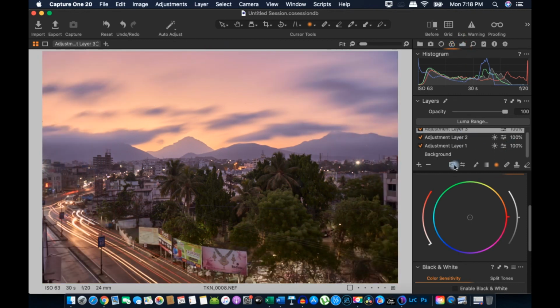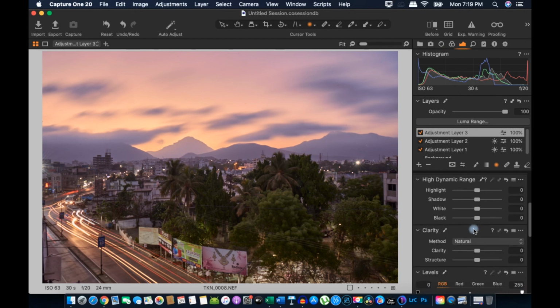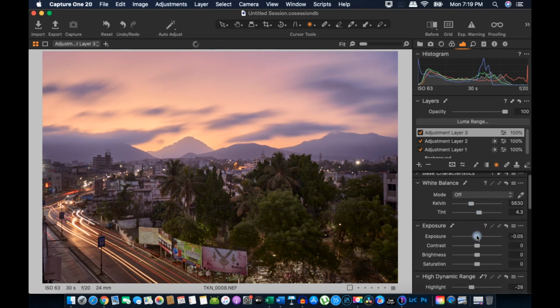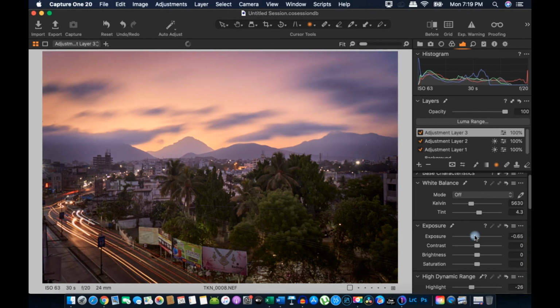And then we go to the high dynamic range and pull down the highlights, darken the shadows and reduce exposure a little bit, so it creates a nice vignette and draws the eye to the center of the photo.